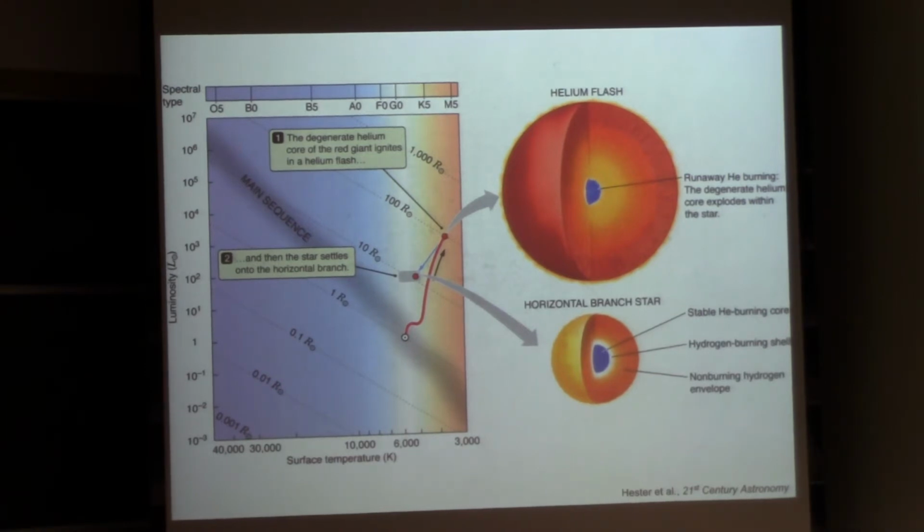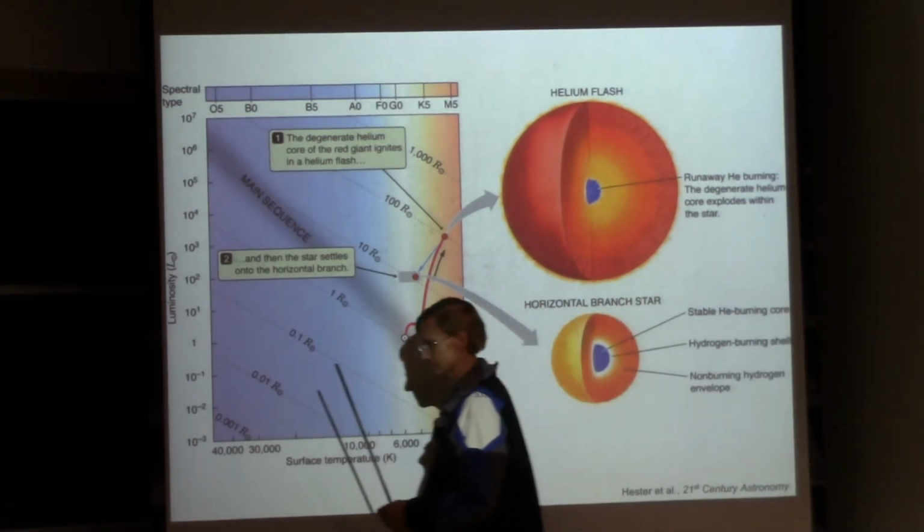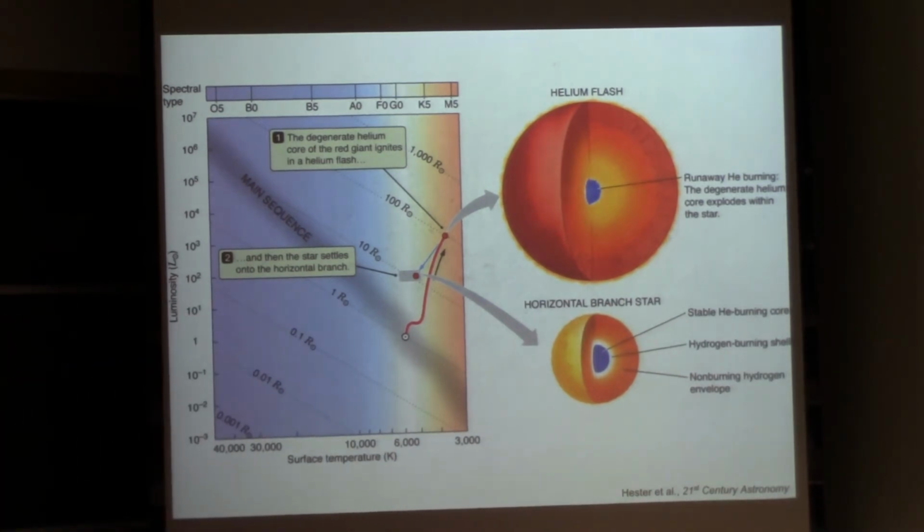The name coming from where they are on the HR diagram. And so the structure then becomes, you have a stable helium burning core, surrounded still by a hydrogen burning shell and a non-burning hydrogen envelope. So notice the first stage was hydrogen fusion in the core. That's what we call when the sun's fusing hydrogen in its core, that's the, what stage? Main sequence. Then it switches to hydrogen fusing in a shell surrounding the core and becomes a red giant. Then it starts fusing helium in the core and becomes a